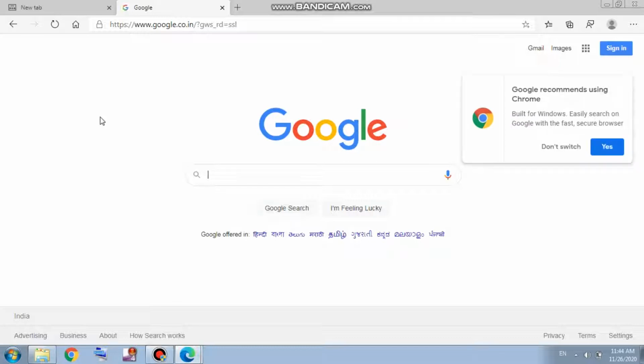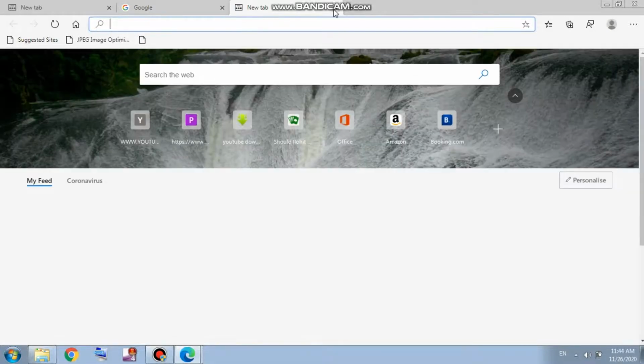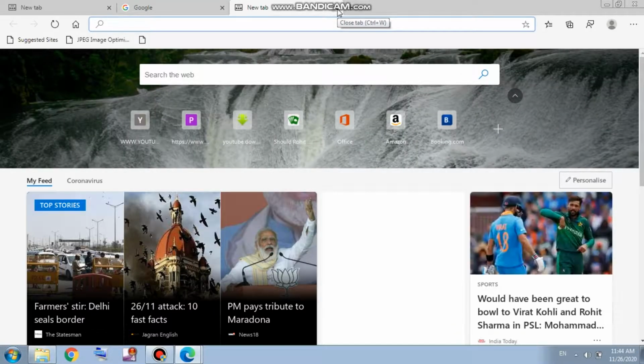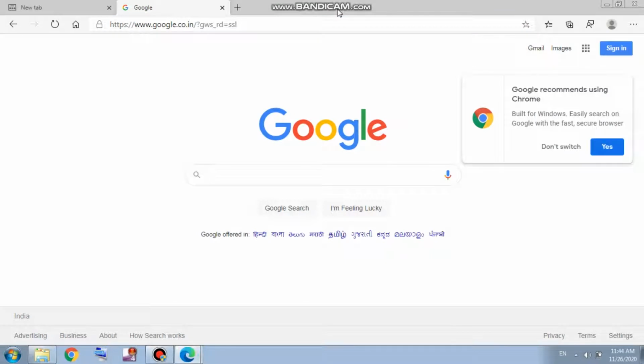After that we will see the new tab button. When we click here, a new tab is automatically added. That is known as the new tab button. And in this way we can close the new tab if it is not required. Afterwards, there are control buttons. At the right corner we can see three buttons: close, restore down, and minimize. These three buttons are known as control buttons.